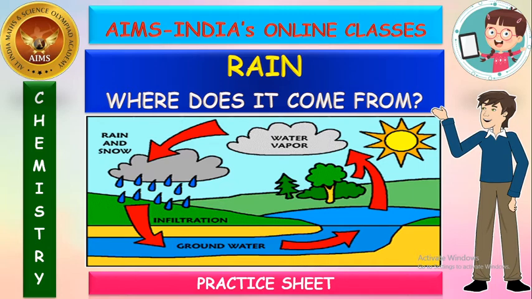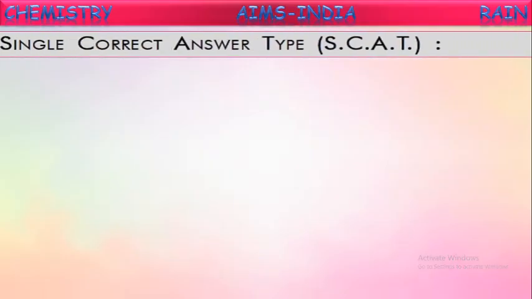So this practice sheet contains different kinds of questions, like single correct answer type questions, multi correct answer type questions, combination paragraph, matrix matching, and different analytical questions also may be there. First, let us see the single correct answer type questions. As we know, these are objective type questions with 4 options. Out of 4, only one will be the correct answer. So read the question carefully and try to answer them.